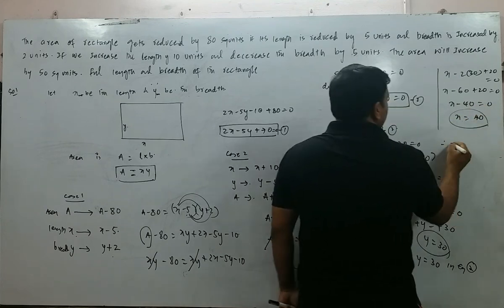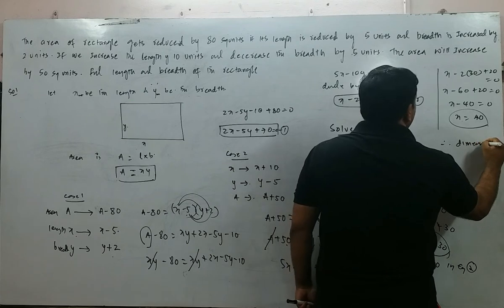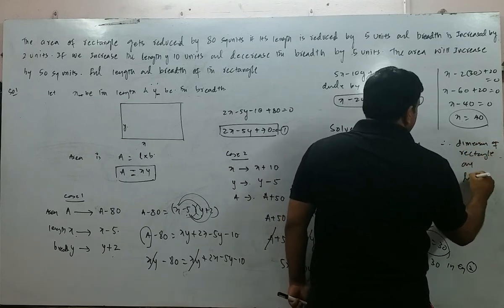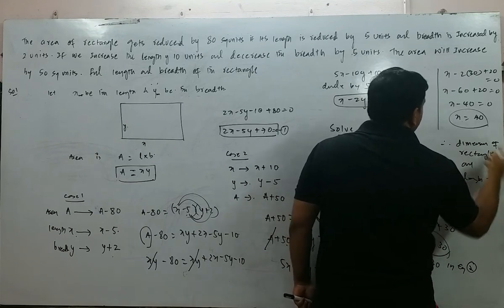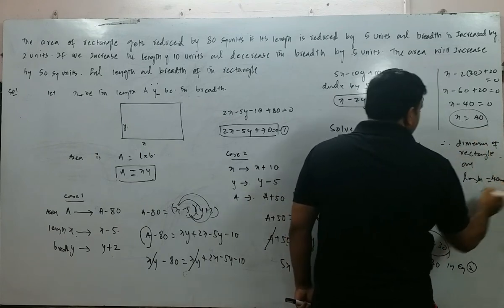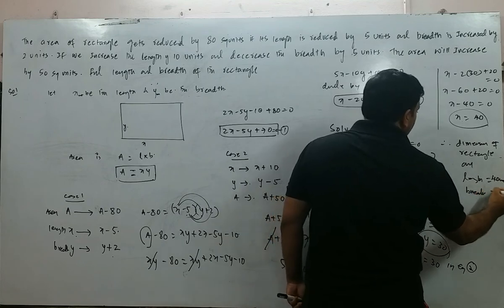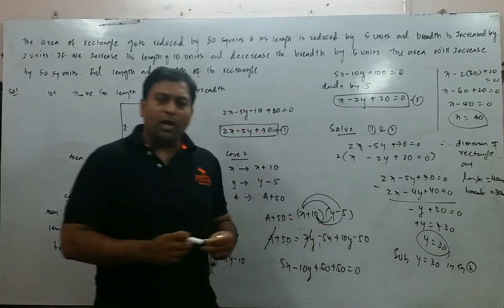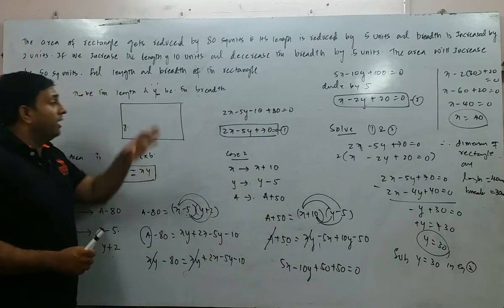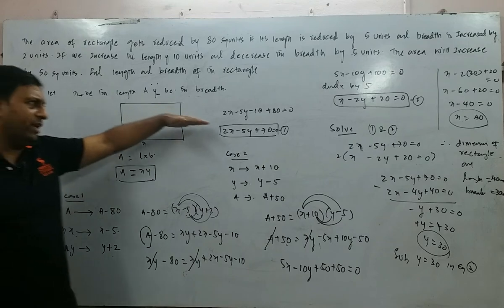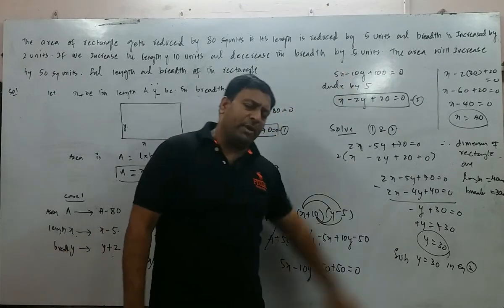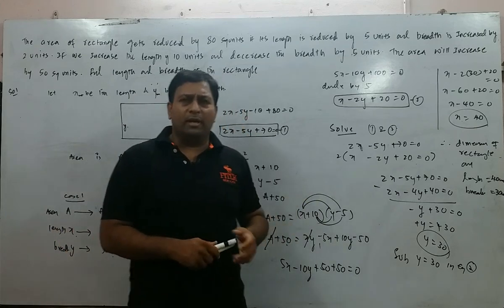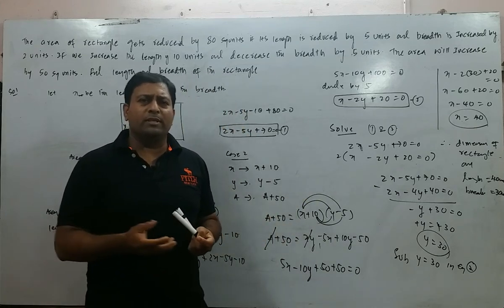So therefore the dimensions of the rectangle are, what is length? Length is x, and that is equal to 40 units. And what is breadth? Breadth is y, and that is equal to how much? 30 units. Right? So I hope you understood how to frame a given problem into a pair of linear equations, and once they are framed, you can solve by the elimination method or by the substitution method. So that's how, children, you have to do the problems in this particular manner.